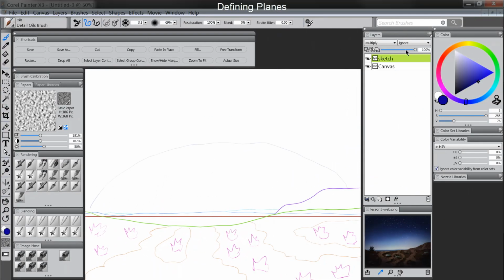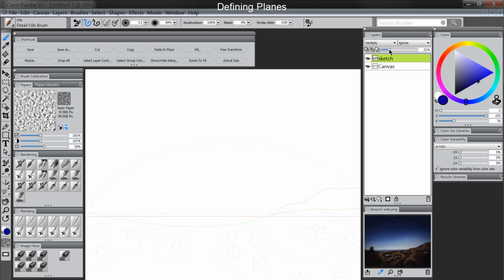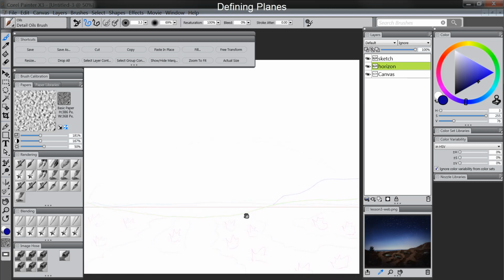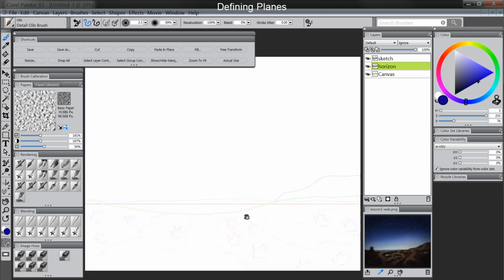Let's reduce the opacity on this sketch layer just a little bit so that we can see behind it. And we'll create a new layer underneath for the horizon. It's good to figure out where the horizon is first in most landscape paintings because it's a very important component of the landscape. It defines where your eye level is. It'll help you place everything else around it. Things that are much taller than you will be far above the horizon line, like this plateau, and things that are shorter than you or shorter than the eye level of the observer in the painting will be far below